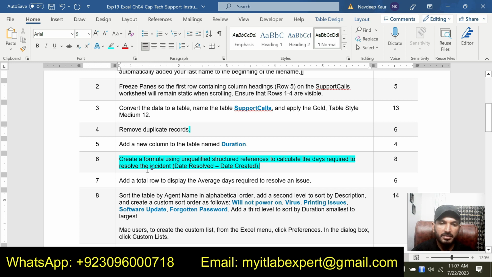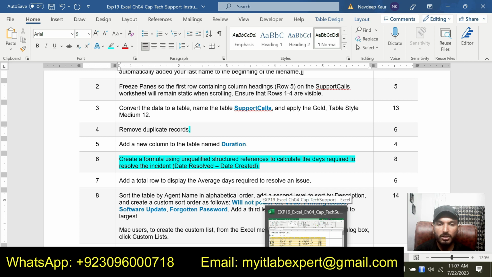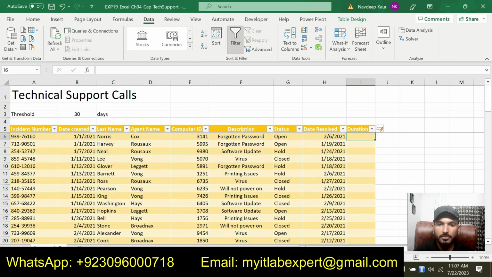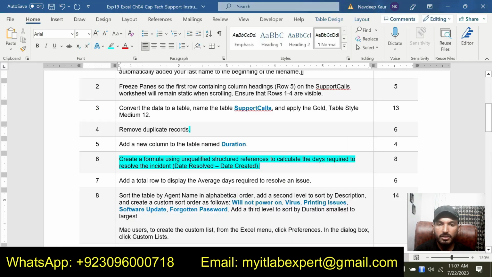So step number 6 is create a formula using unqualified structure references to calculate the days required to resolve the incident. So basically now we are supposed to create a formula to calculate the days required. So that will be Duration, and days required are equal to date resolved minus date created.